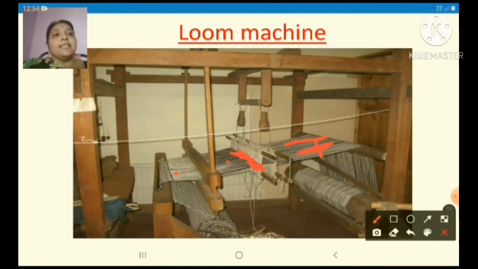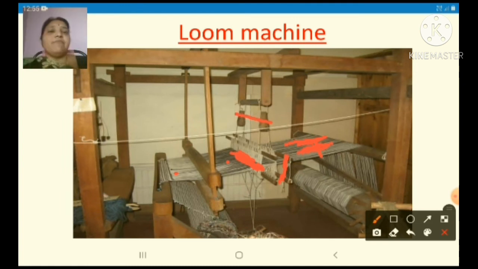The weft thread is taken along with the warp thread using this needle. This is the needle which will be taking the weft thread under and above the warp thread. This is called the shuttle. And in order to lift the warp thread, this is called the harness, which will be lifting the warp thread so that the needle will take the weft thread along the warp threads.